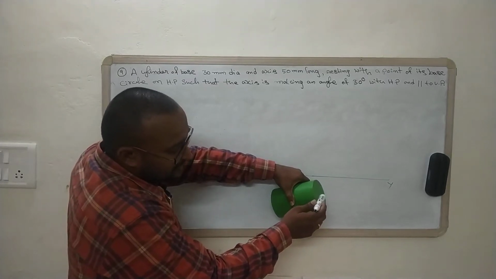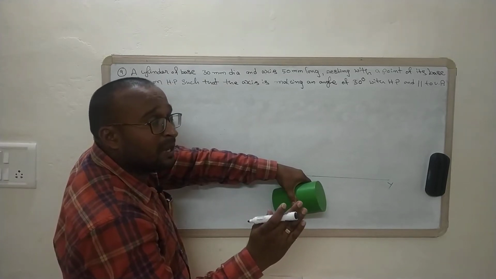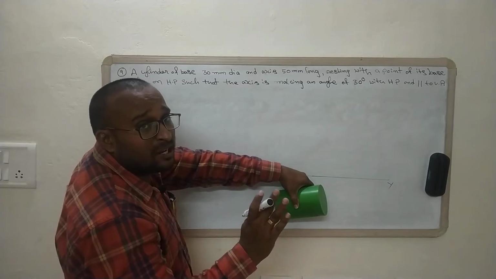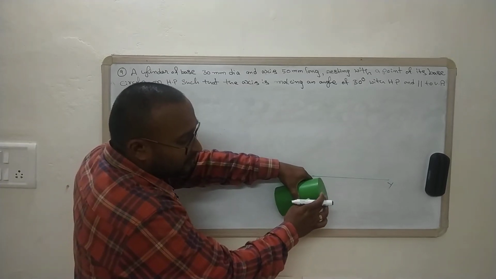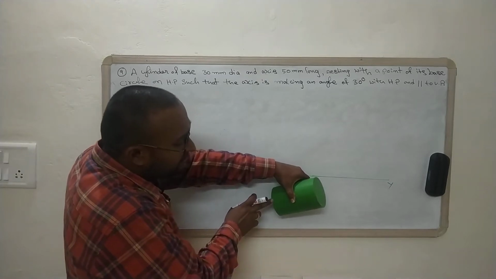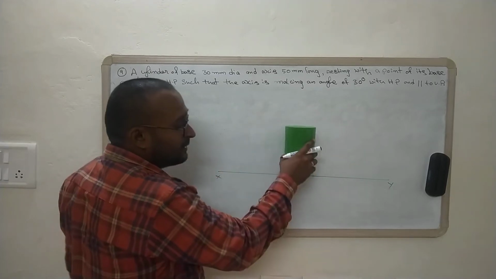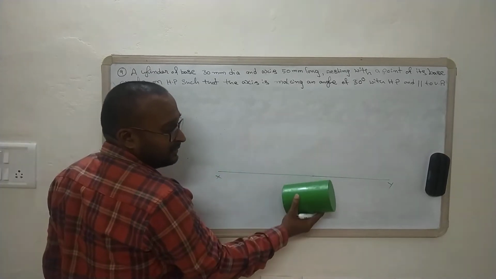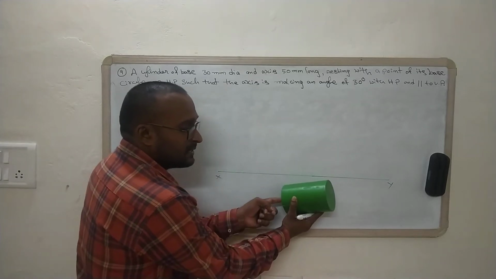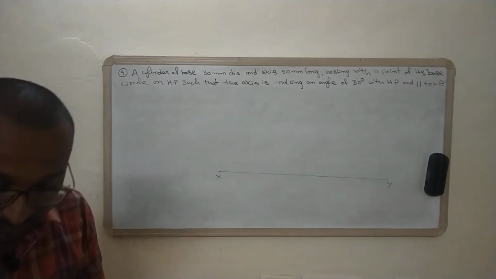Whenever a circular surface is inclined to VP or inclined to HP, that plane constitutes an elliptical shape, right? So the top surface will be a completely visible elliptical surface, and the bottom surface will be half visible and half invisible. Here this is the inclination, and here this is the inclination. So this surface will be visible and this surface will be invisible. Now we will solve the problem.